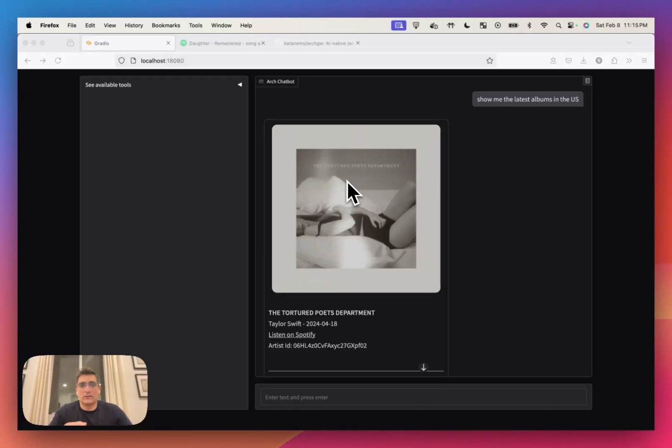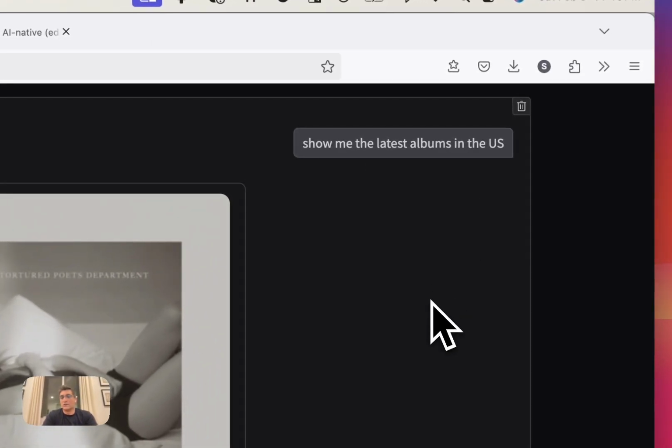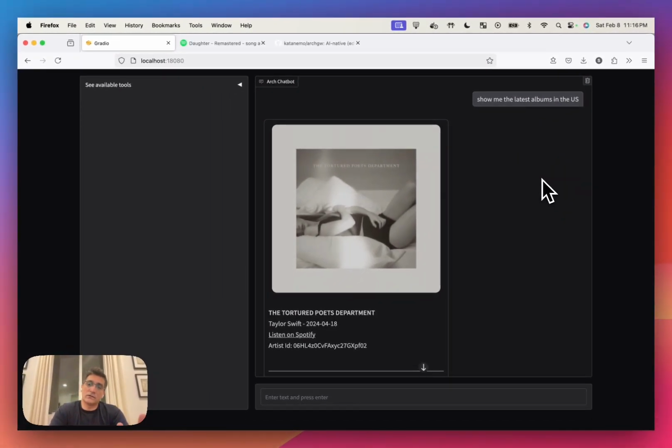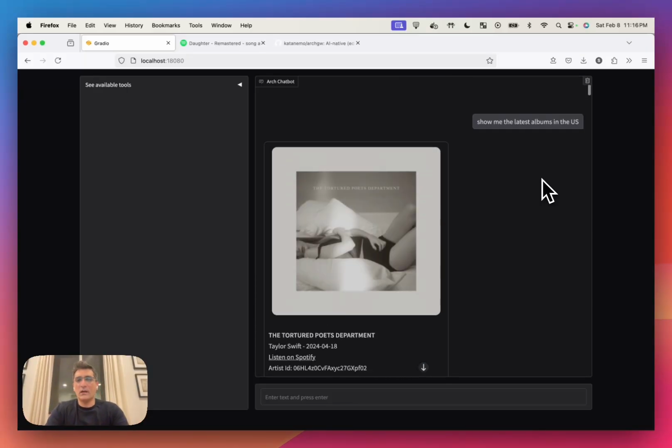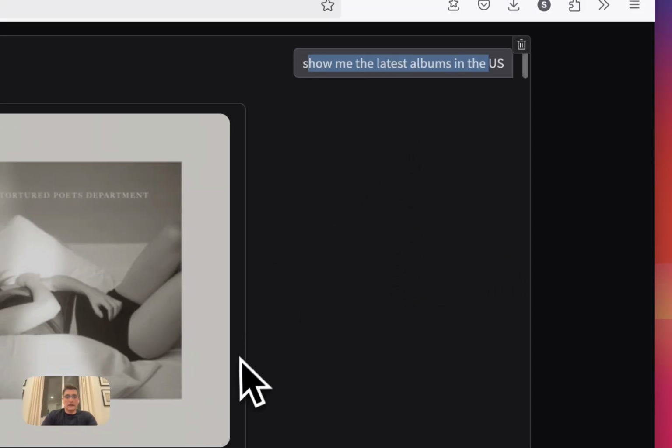I wanted to show a new capability that we added to Arch Gateway, which is bearer authentication for APIs. So now you can also connect Arch Gateway to downstream APIs like third-party APIs, like SaaS APIs, and convert user prompts into agentic experiences that are both backed by your business functions, aka function calling, or upstream APIs that are third-party. So in this case, I had asked the question, show me the latest albums in the US, and